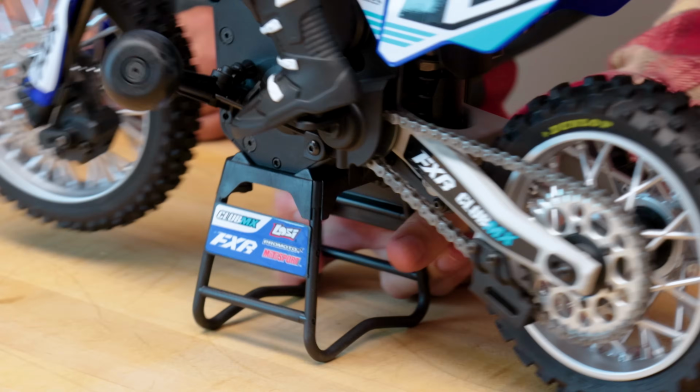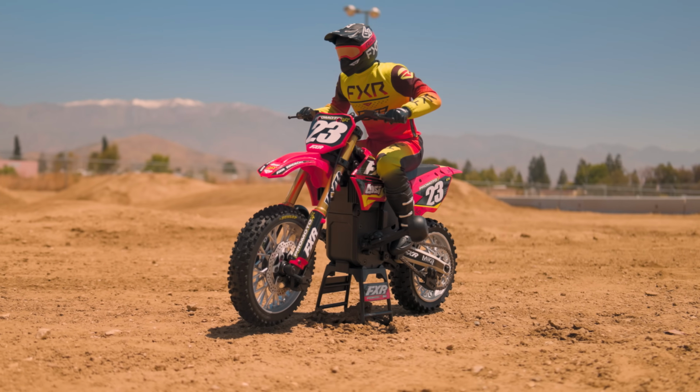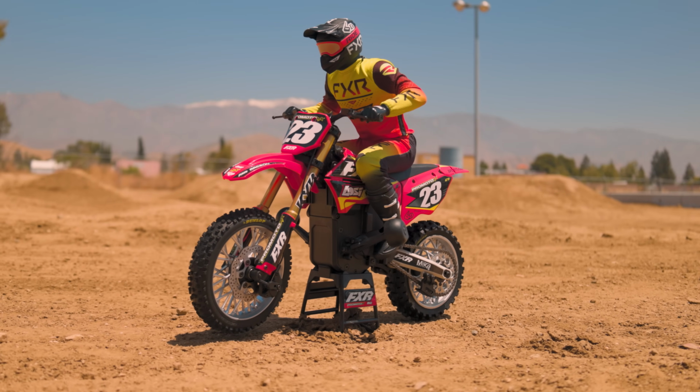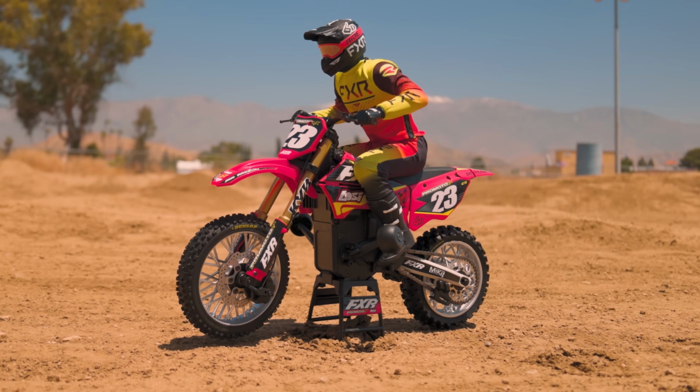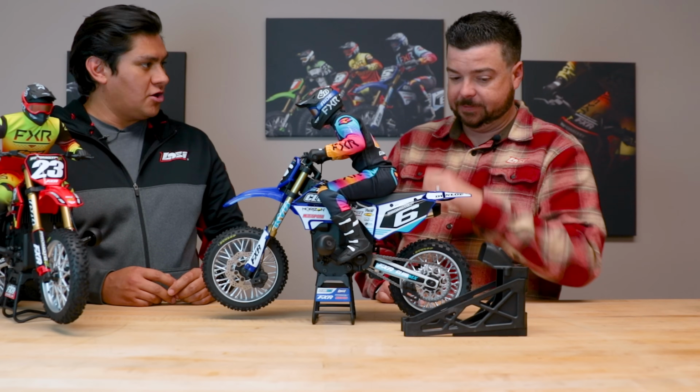I need to go back on the other side and get to a different screw, I can turn it around and work on that screw. So that really helped for working on the bike. I think it looks great as a display piece, obviously, sitting underneath a new bike with it all wrapped up and decorated. Awesome. And the next stand, that is, you know, RC car can go down to the end